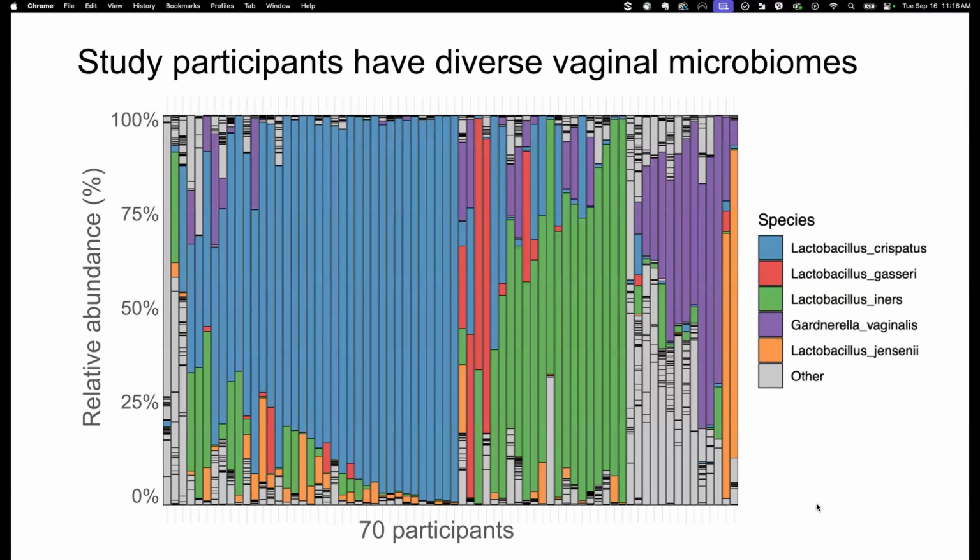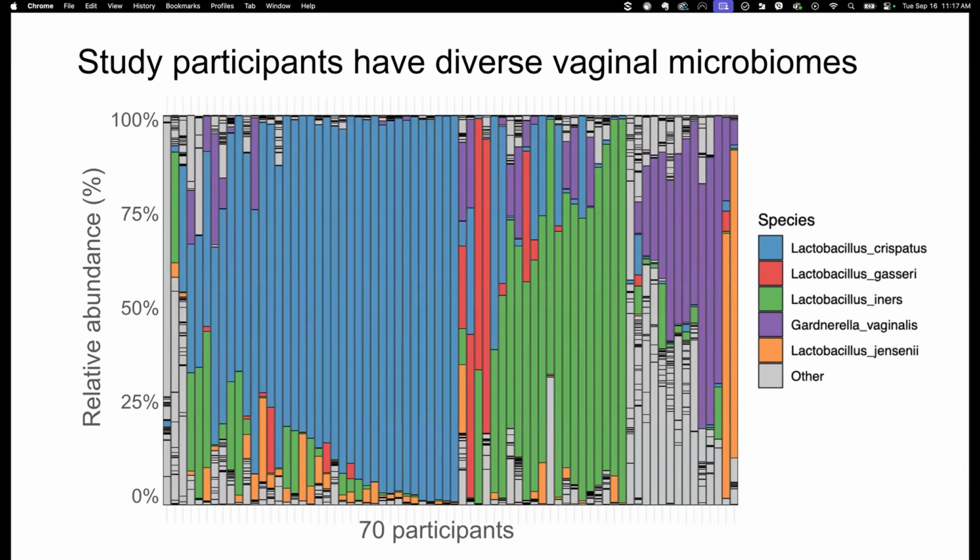Okay, so what can we do with these data? Quite a few things. I'll start with the species level data. Here we've organized the data such that each column represents an individual, collating all of their data across all time points into one snapshot per individual. On the y-axis is the relative abundance of the various bacterial species that we could detect using the Kinnex data. I'm sure you can see there are lots of different colors. It seems that there are certain species that really predominate, which we expected to see.